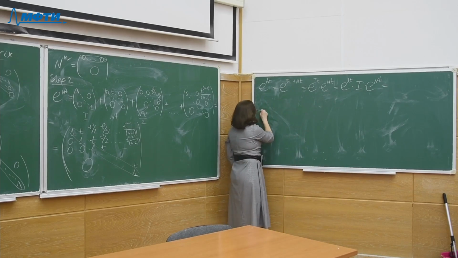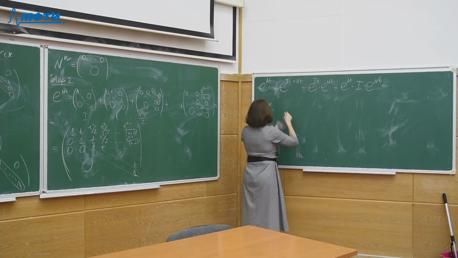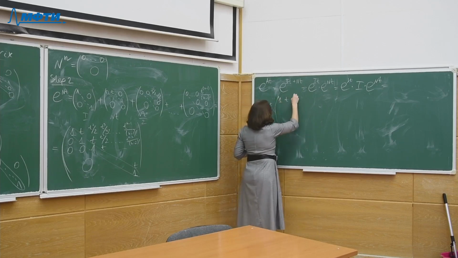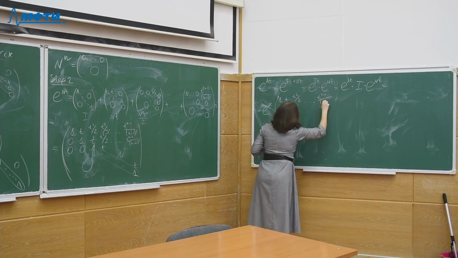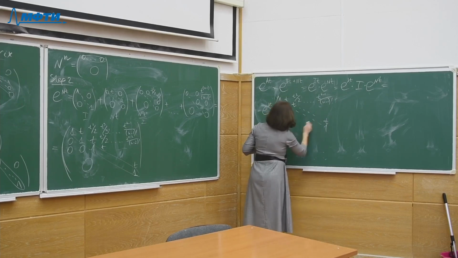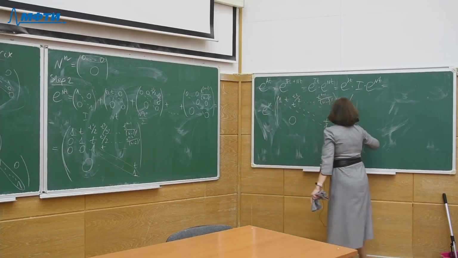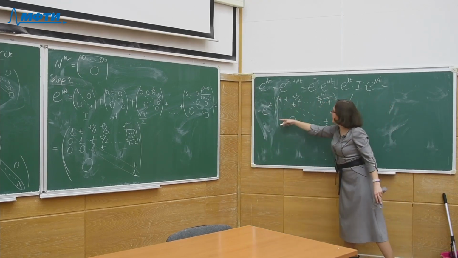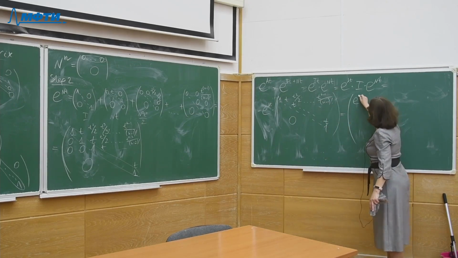So it is the same as e to the power lambda t multiplied by the matrix written here, the matrix 1, t, t squared over 2, up to t to the power n minus 1 over n minus 1 factorial, and zeros elsewhere. After we multiply each term of this matrix by e to the power lambda t, we will get e to the power lambda t